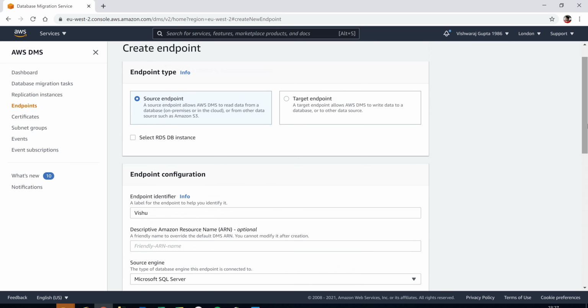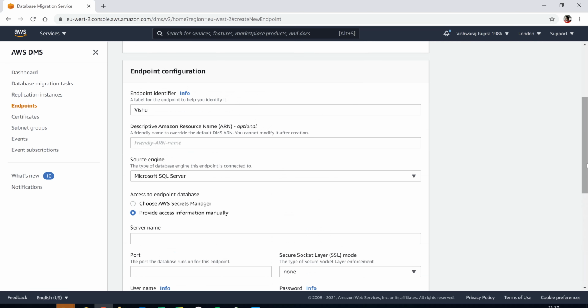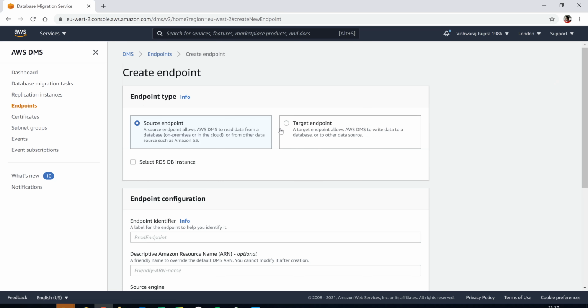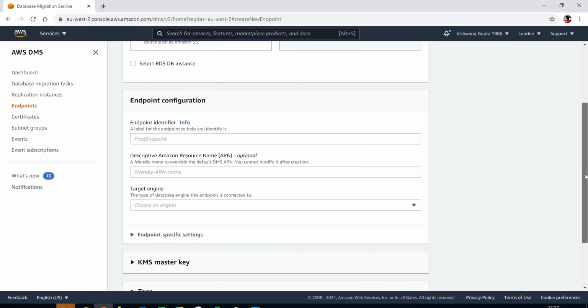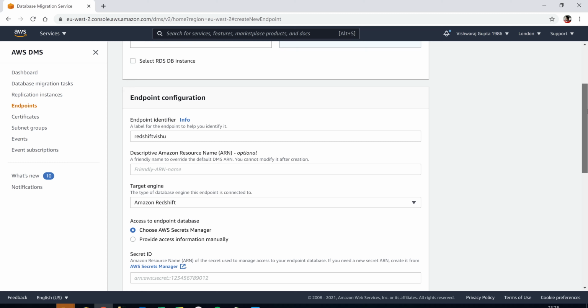So this was the source endpoint. Now we will create the target endpoint. So don't click on the same one. Once you create the endpoint here for the source one, you'll have to go back to endpoints and create another one. In that one, you'll have to select target endpoint. And now the target endpoint is our Redshift. You'll mention here the name for Redshift, Vishu, for example. Choose an engine. You are choosing Redshift, and